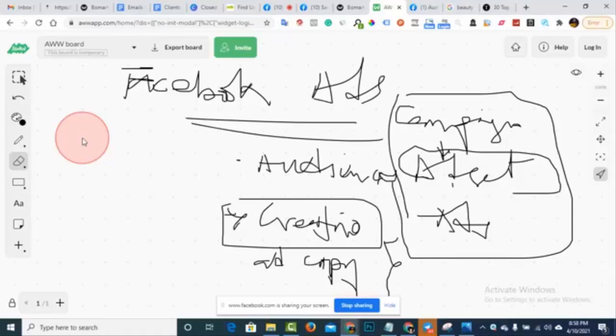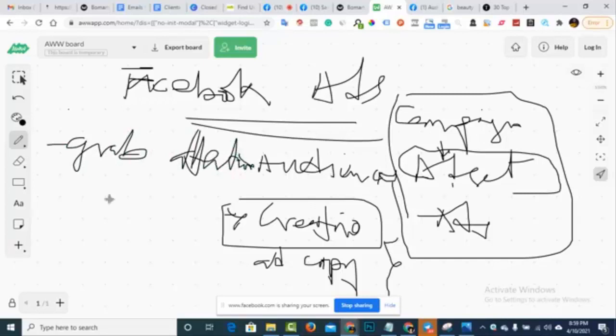So you have to invest your time and make sure you get creatives that grab attention. They have to stop the scroll. That is the duty of your creative. You should get people to stop and look.